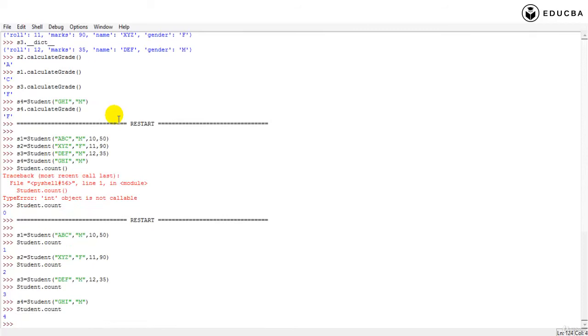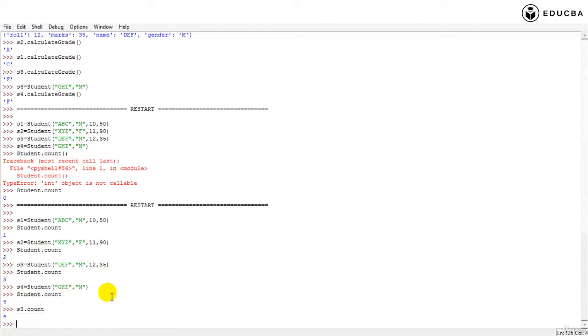If I create my fourth student and call student.count, it's going to be 4. So a count variable which is there outside can also be accessed using the object, that is s3.count is also going to return me 4, or s2.count.